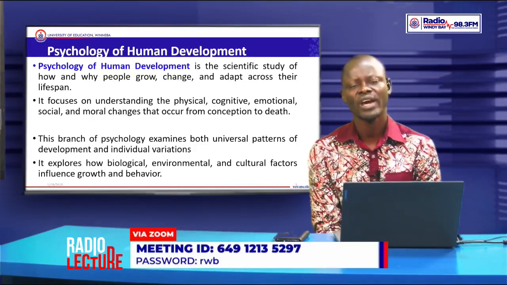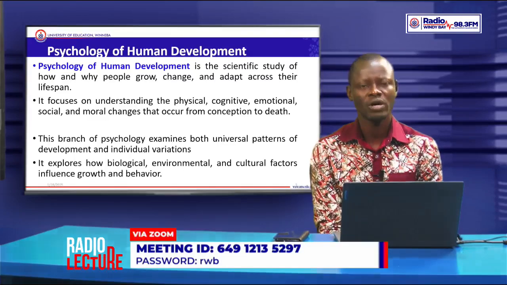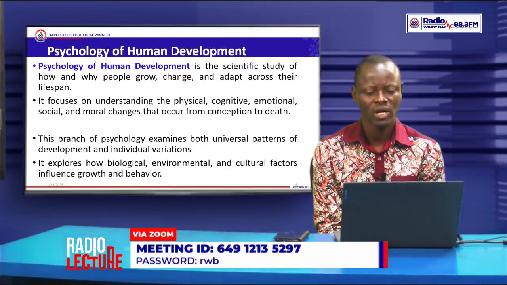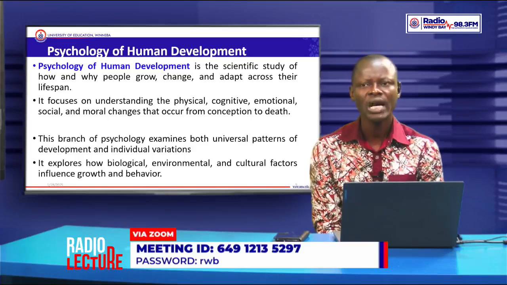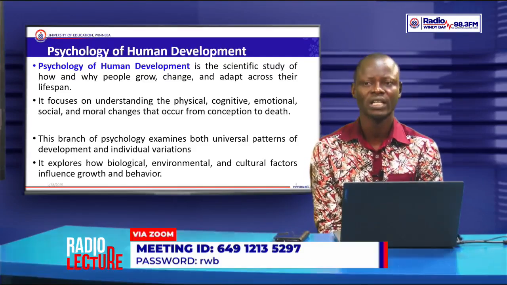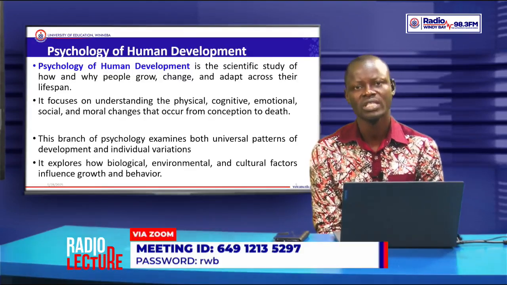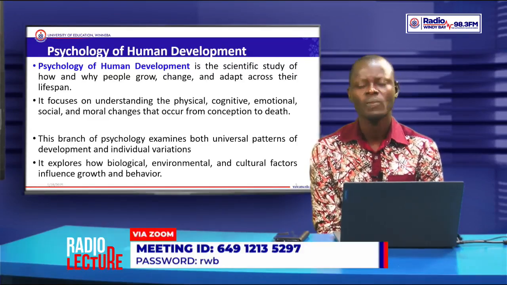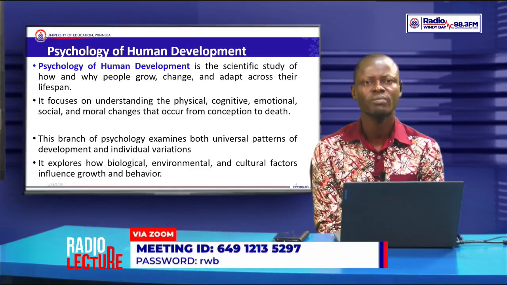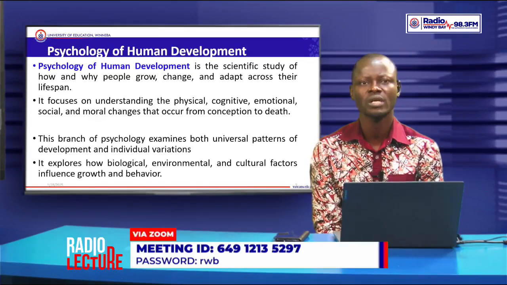So we want to find out how development occurs in each individual depending upon the age range, the environment where you find yourself, and the hereditary product that you are actually made up of. We are also saying that psychology explores the biological, environmental, and cultural factors which influence growth and behavior. So as humans, it's very important for us to understand that though behavior and at times the way we grow and mature may be controlled by genetic factors which we don't have control over, at times the environment where we find ourselves contributes much largely to the way we develop, the way we grow, and the way we begin to see ourselves in the context of other human beings.